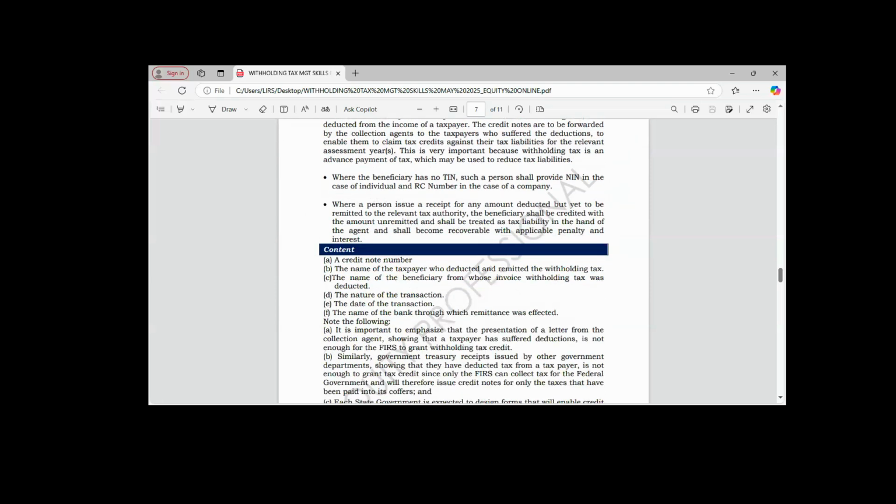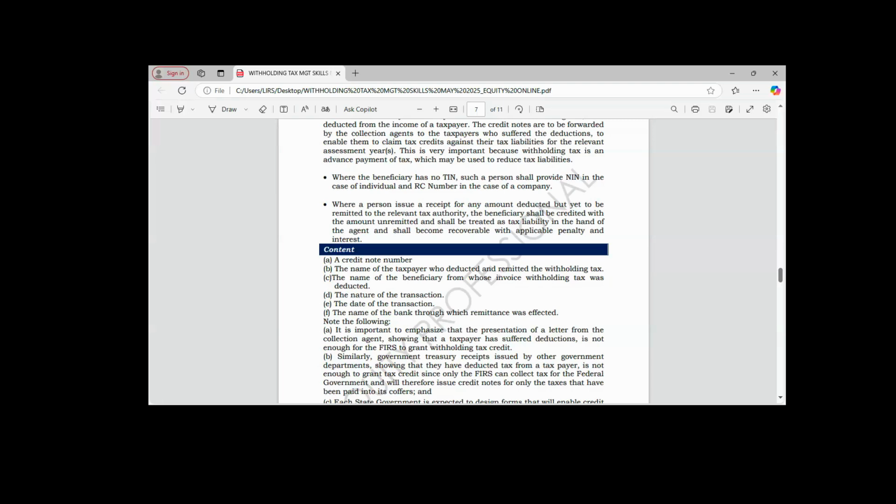And let us take note of this. Where the beneficiary has no TIN, where you are dealing with a beneficiary that has no TIN, you are going to use what? Their NIN number to quote for the withholding tax. And where it is an individual, where the beneficiary does not have a TIN number,